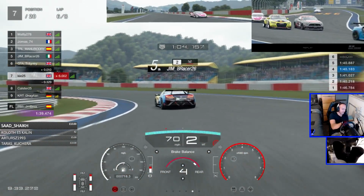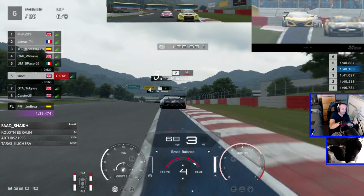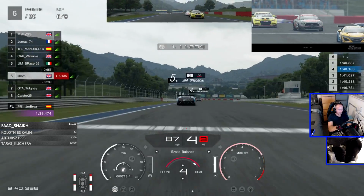because at this point I wasn't sure if he had a penalty. I haven't looked behind, didn't really want to look at this point of the race. It was quite a tense moment in the race. You can see got cars all around me, and we just about managed to hold on to that position